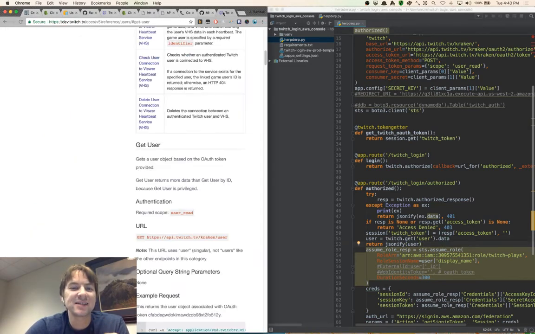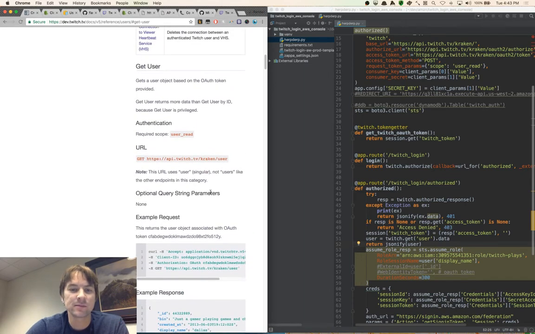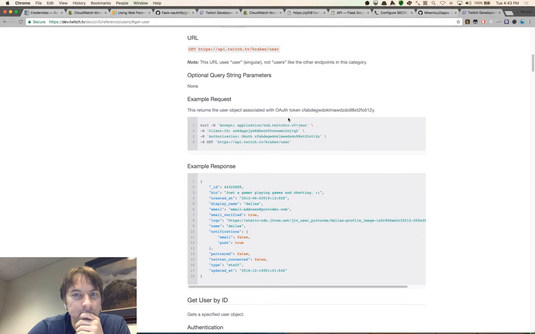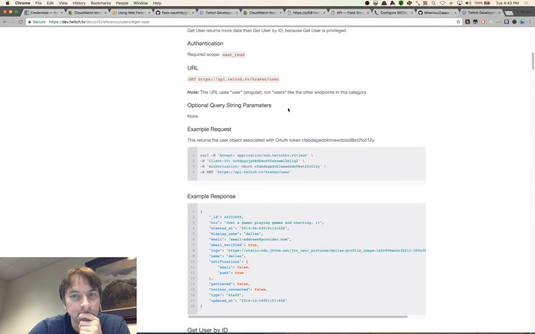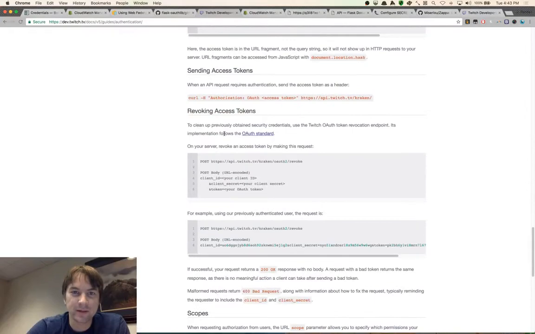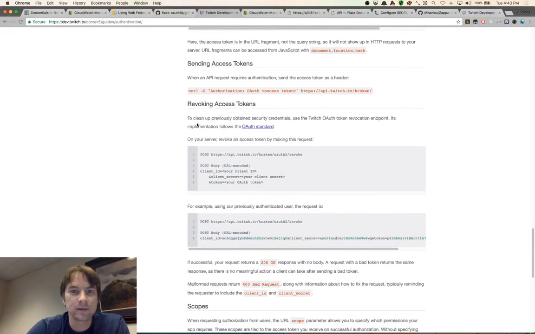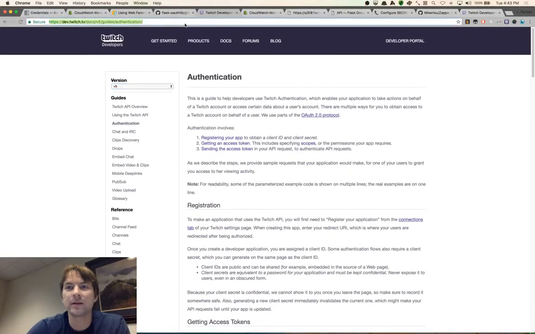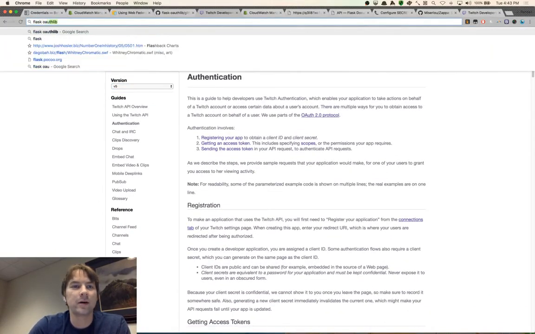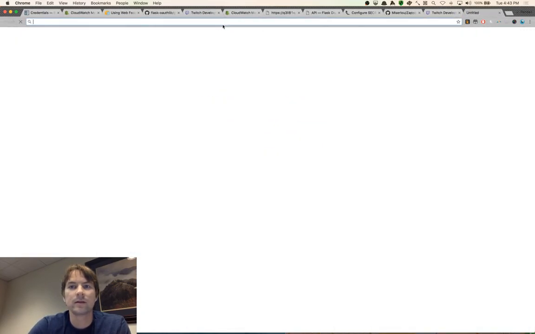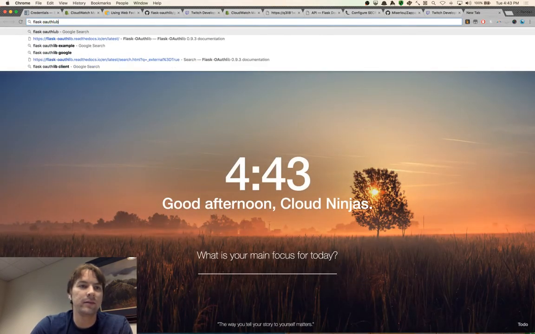So I have to pass in a client ID on every single request, which is not standard. But I guess they do that for rate limiting. And then when you make subsequent requests. Yeah, okay, so how do I make Flask OAuth lib